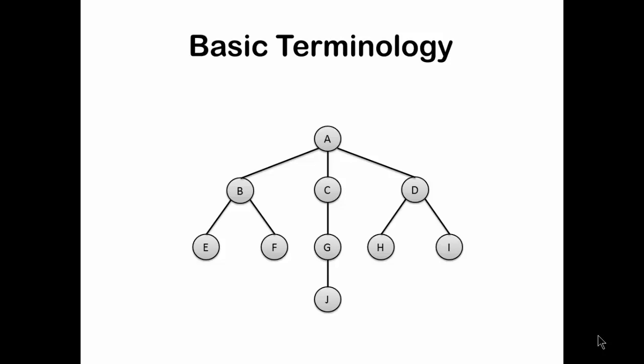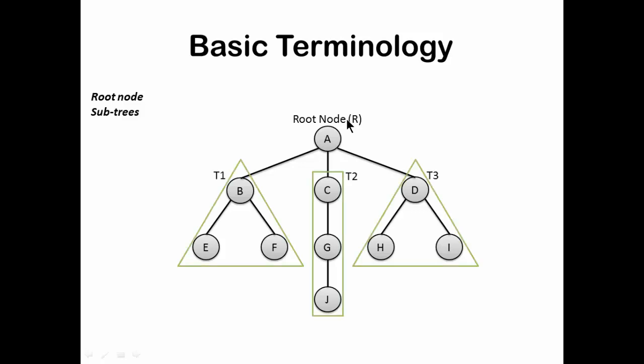A tree is a way of representing the hierarchical nature of a structure in a graphical form, as you can see on the screen right now. This is a tree. The first element, which has got no parent, is always called the root node, and subtrees are the trees which are pointed to by any node. So if this node is pointing towards the node B and B further has got a tree down under, then this will be called a subtree of node A. And similarly, this is a subtree of node A. This is also a subtree of node A.